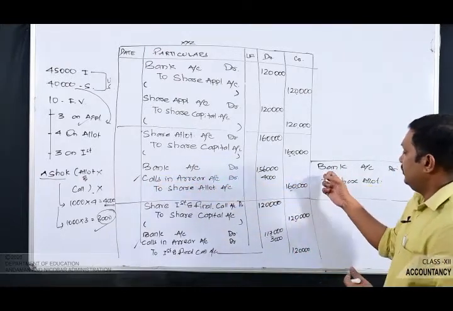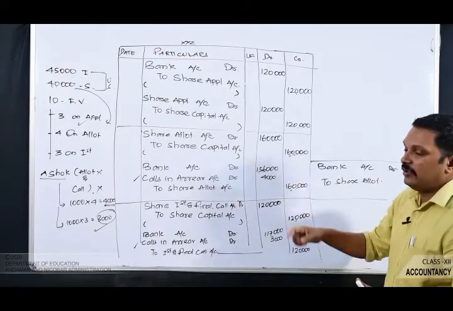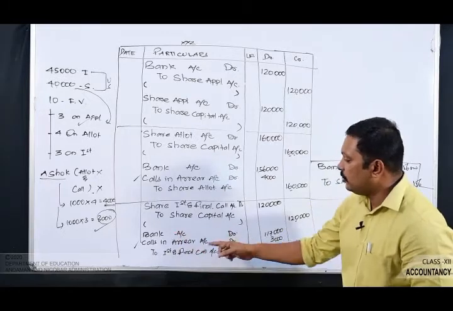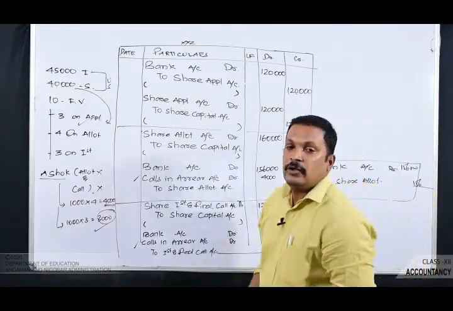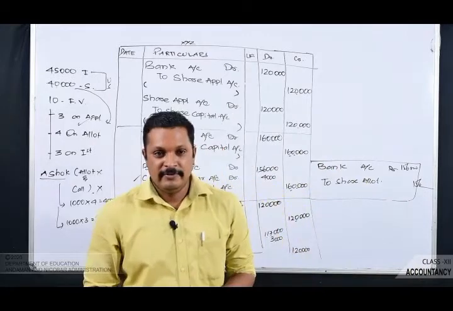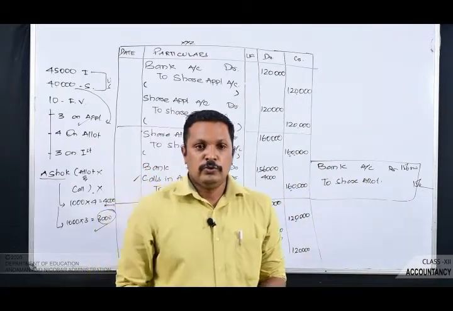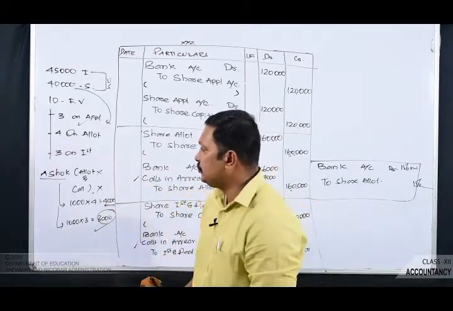you can write directly bank account debit to share allotment. The amount you have to write is 1,56,000. Just like in first call, you can write bank account debit to share first and final call. You have to write 1,17,000 after deducting cost in arrear. Right? Easy, no? Right. So we are going to move to the next part of company accounts, that is shares